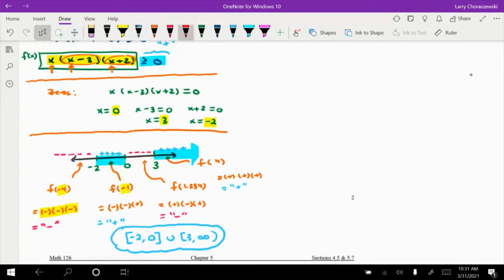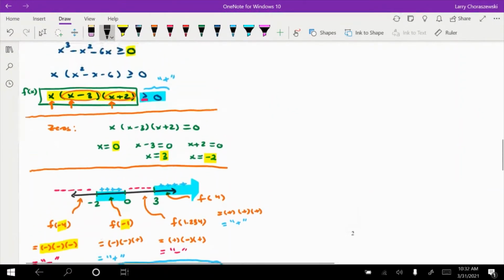Well, it has to do with the fact that there's a bar underneath our inequality symbol. The fact that there's a bar underneath it means that we can include these values. Now, if they were asymptotes, we would have to use parentheses no matter what. All right, so